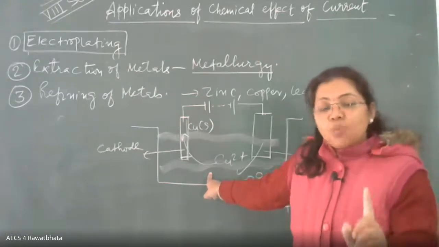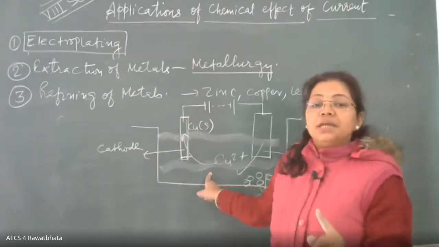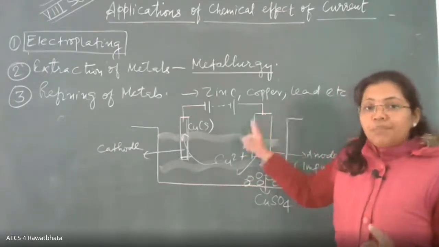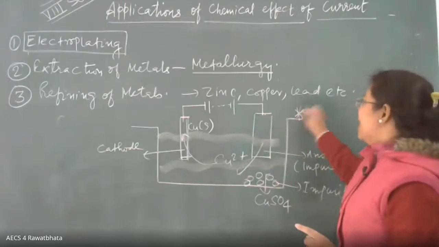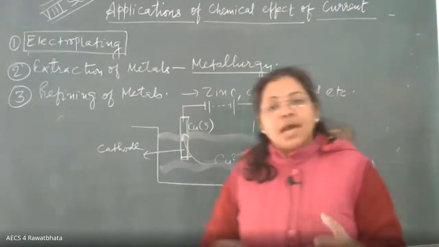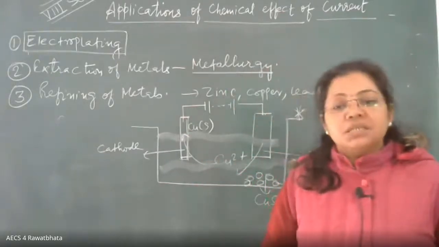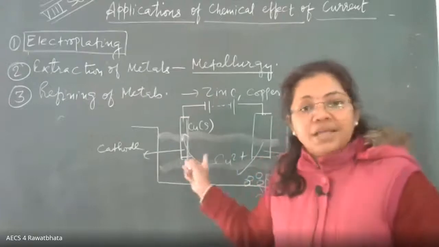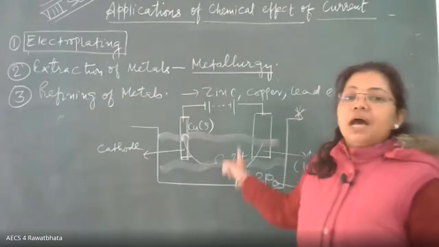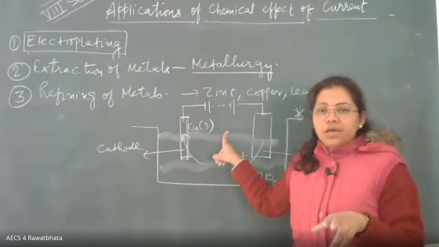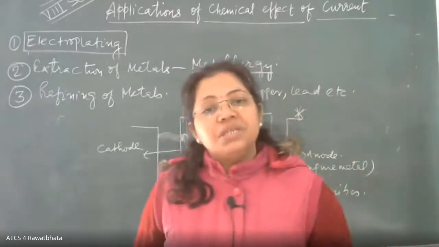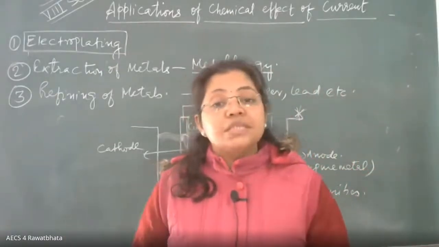So to explain that electroplating process, the copper plate activity in your textbook, that particular activity diagram you have to practice. Because whenever the question comes, explain with the help of an activity how electroplating is done, that copper plate activity diagram you have to draw. So for electroplating you have to draw a copper plate diagram, right? Second point, in your book itself one activity is given regarding electrolysis of water.